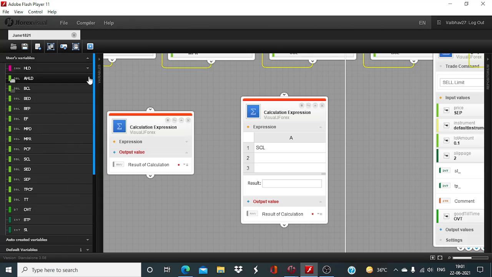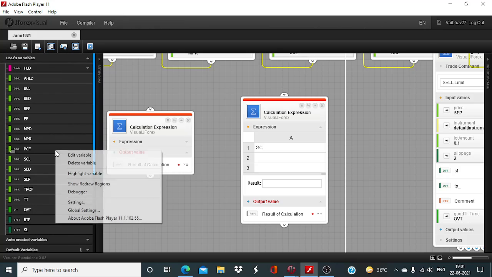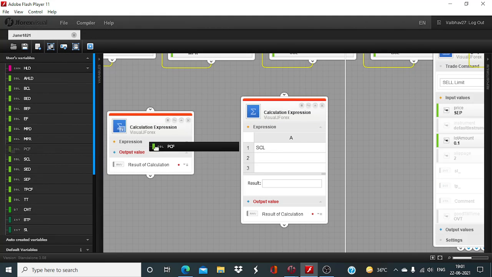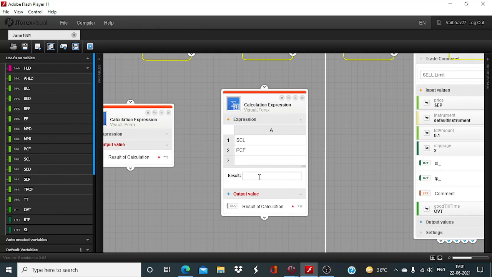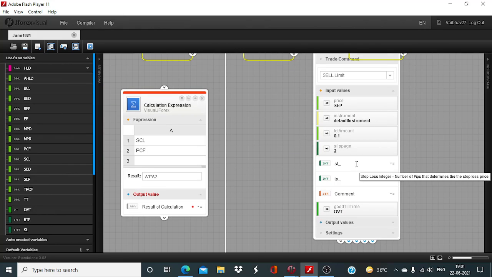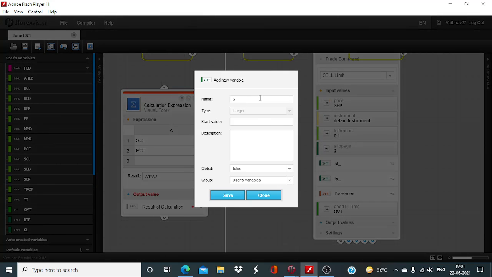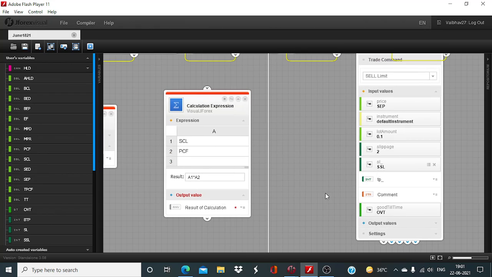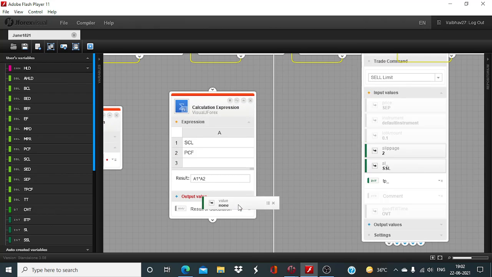And this difference will be multiplied by 10 raised to the power 4. A1 into A2. Okay,